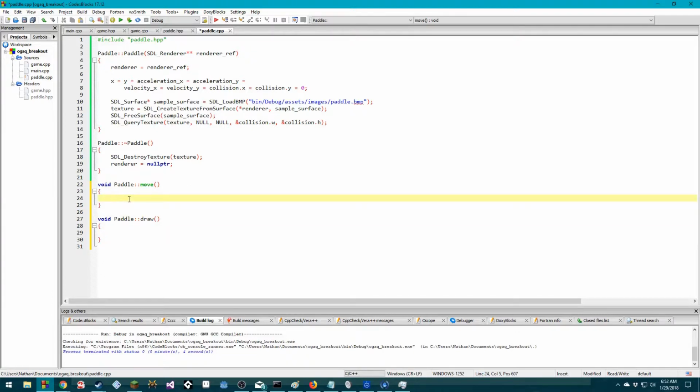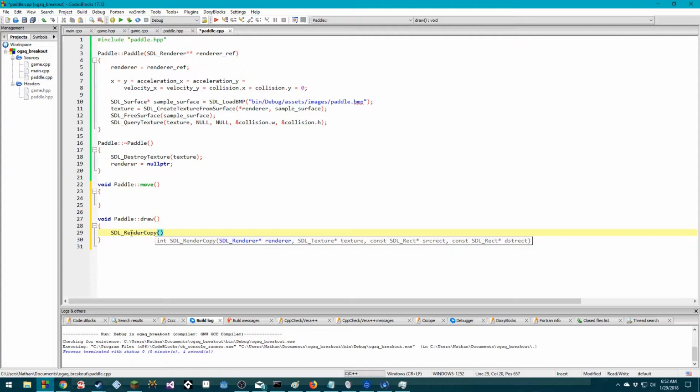Okay, so I'm not going to move yet, but we can at least draw. So SDL render copy, and then we need to copy onto the render the texture. The source rect is going to be null, because it's just going to be the image. I don't think I'm going to have a sprite sheet. So source rect is saying, hey, from that texture, do you want to only copy a certain part of that texture on? Like if you have a sprite sheet where you have different parts of an animation, you can set that in there. And then we need to do the destination copy, which is going to be